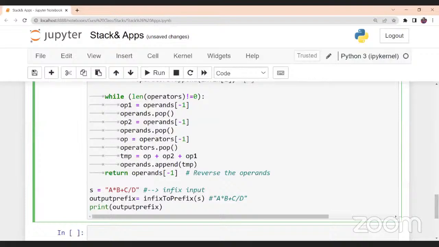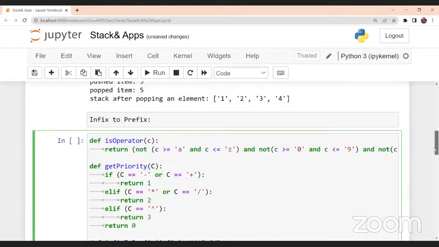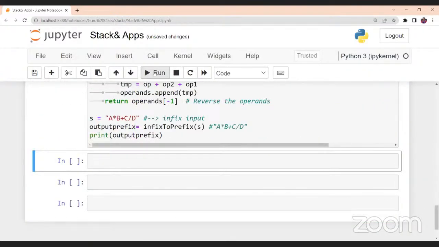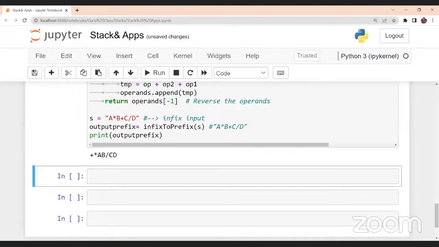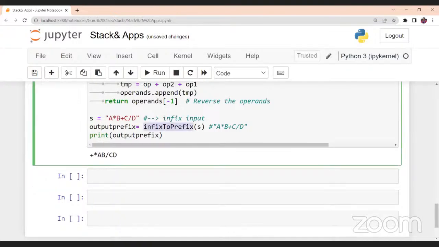Now if you are going to print that particular value, let's see how it is going to be printed. It is like an infix to prefix. What is the prefix logic? While you are seeing this itself, the operators are placed in front of the operands, right?